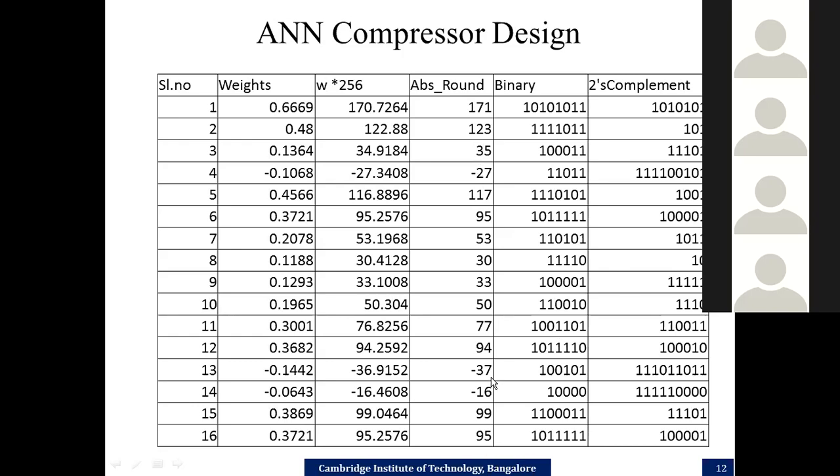Since the numbers are both positive and negative, I have represented them using the 2's complement process. The purpose of using 2's complement is that even if there is subtraction, you can use an adder to perform it, because 2's complement will automatically perform subtraction. So the first activity done here is scaling of the weights as well as the bias, rounding to the nearest integer, and then representing that in 2's complement format, so that both positive and negative numbers are covered.